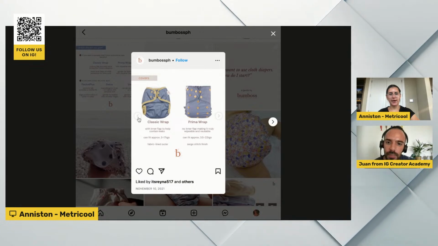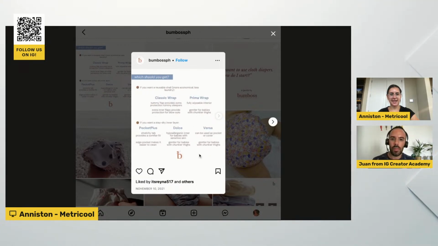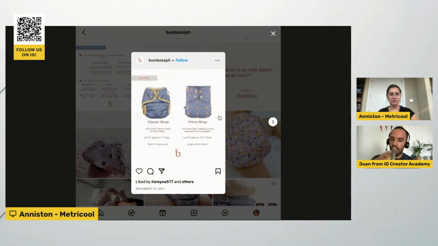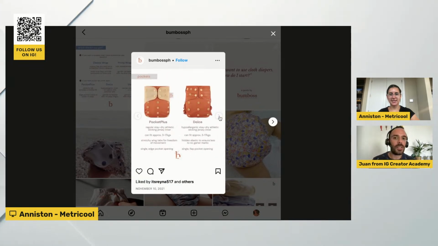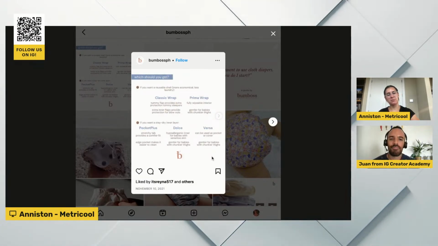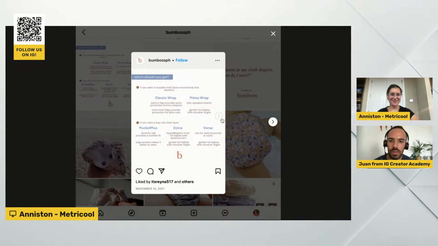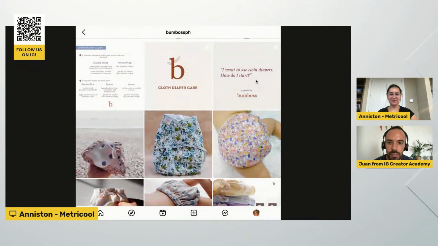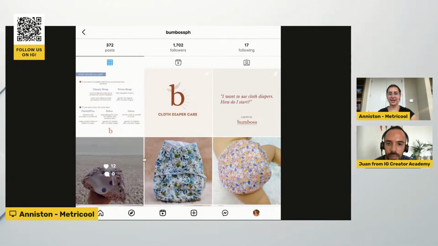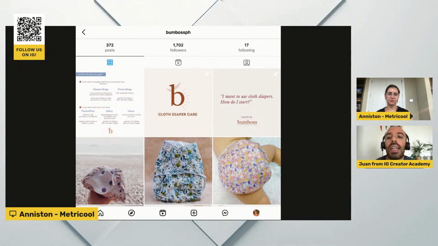Right. I would almost maybe have these graphics instead of this, since I think it's easier to understand what these are, because when you just read it, you're like, I don't know what classic wrap is. Absolutely, I totally agree with you. But yeah, it is important to have those different lists of what they are, but maybe just the graphics forward. Exactly, I agree.